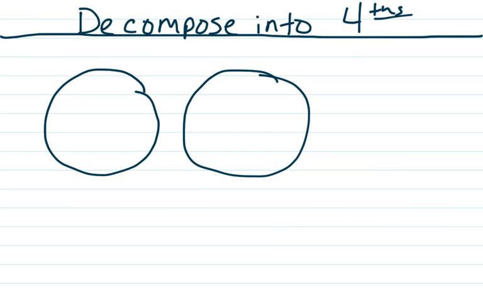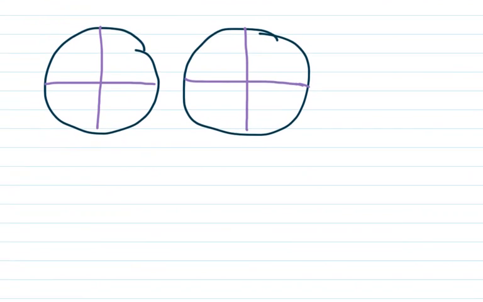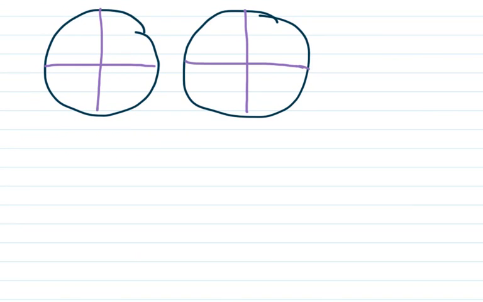So the first example we're going to look at is we're going to decompose this into fours. The first thing we do is we need to take our fraction and split it into fours. These are not going to be even, but remember that for our purposes, these are equally split parts. Now, one of the ways that we can decompose this, and you can go through and find other ways, we're only going to look at a couple in this video clip, is that we can take